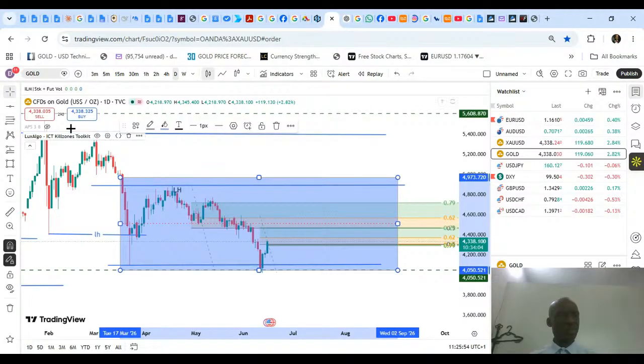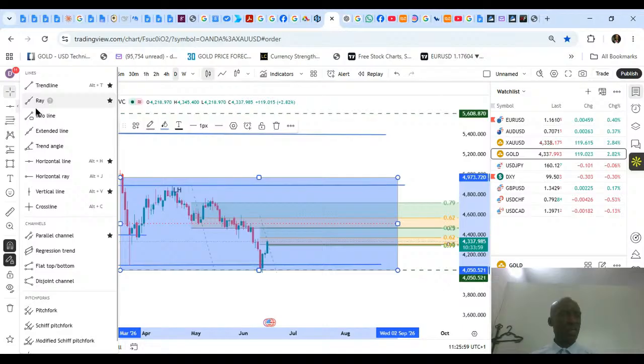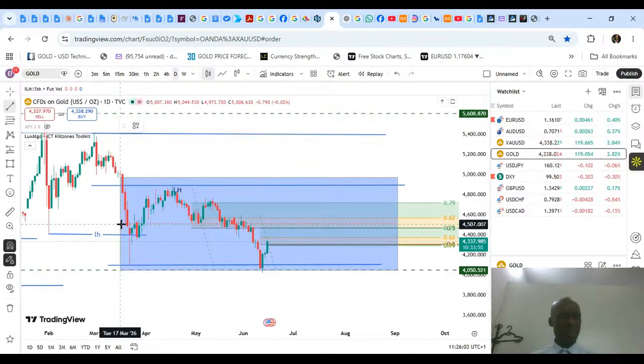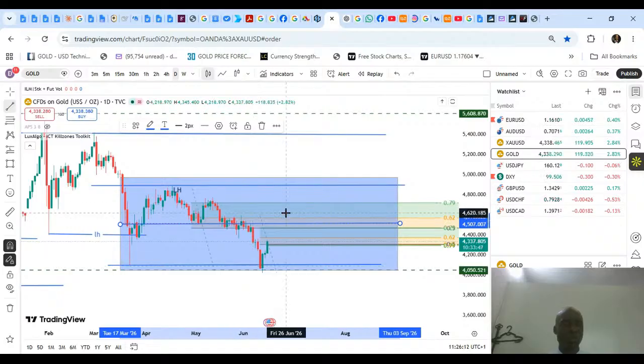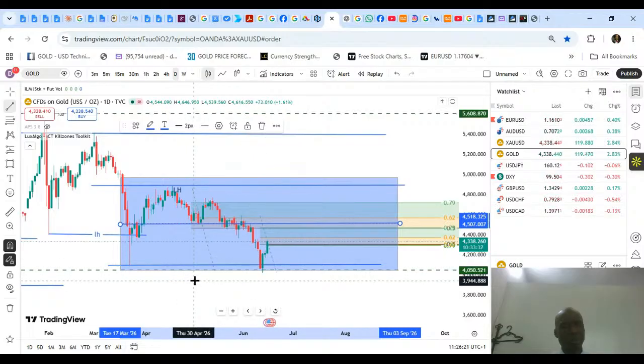You can see that here, in the middle, we have the equilibrium. So this is the middle line. So once the market crosses into the premium zone, we'll be able to look for selling opportunities. And that is number two. So the next important thing is when the market gets into the premium zone, we'll now look for areas of